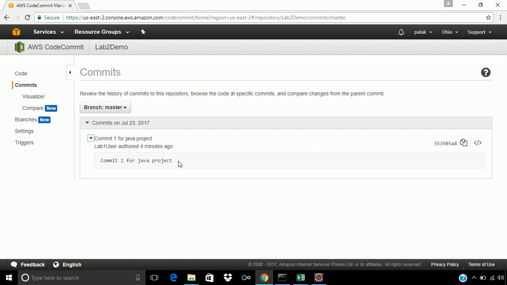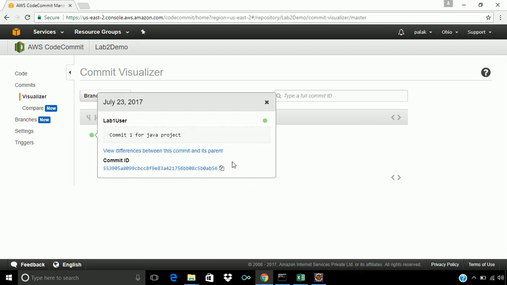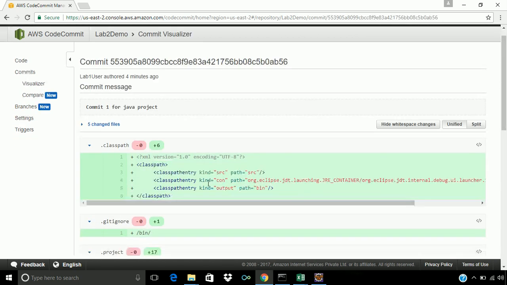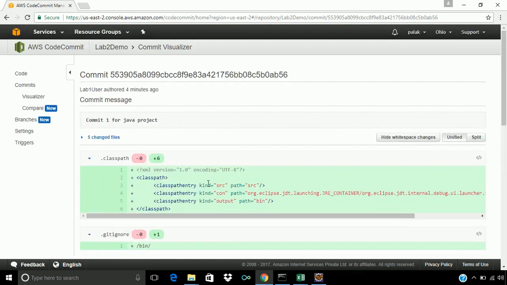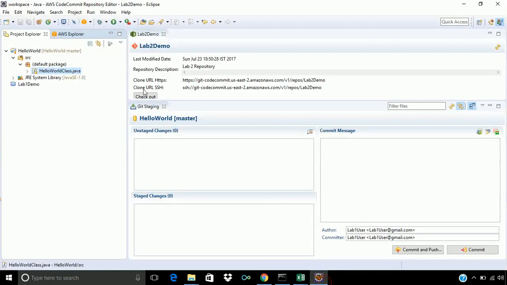Here there is no previous version, so we don't have any comparison between the code. Here you can see all are added because there is no previous version. But when we change anything in our source code and then we check in, we can see the difference comparison between commits. So let's change something and check in again.